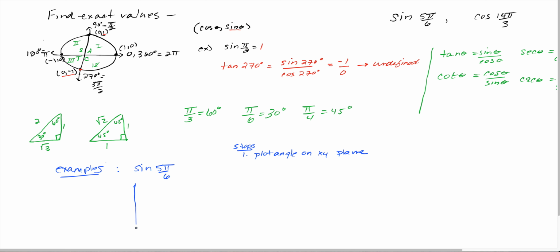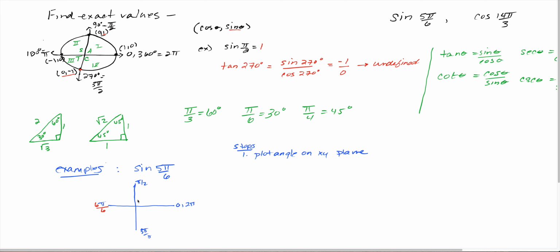Okay, so I'm going to draw my xy plane. We're working in radians, so this is 0, pi over 2, pi, and then 3 pi over 2, and then back to 2 pi. Okay, so 5 pi over 6. I focus on that denominator of 6. So I'm going to think of pi with the denominator of 6. If I think of pi as 6 pi over 6, right, because 6 over 6 is just 1, then